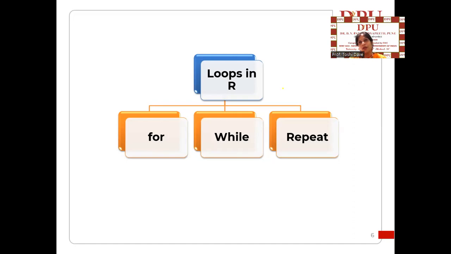But this is about a class only. If we talk about a university, a university has thousands of students. Is it feasible to write those 30 lines for thousands of students? Let's say the university has only 1,000 students. Is it worth it to write those 30 lines for 1,000 students? It is not worth it. What you will do is write once and repeat it every time. Clear? So this is where the loops concept comes into the picture. Okay. So in R, we have three types of